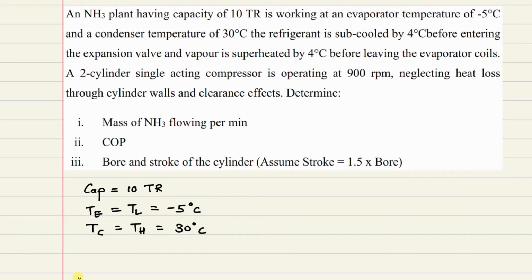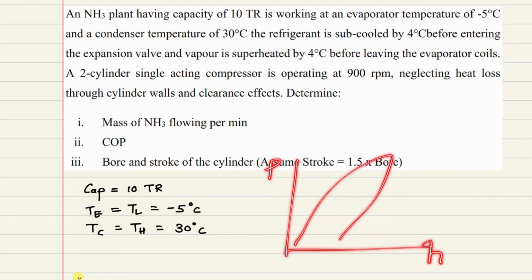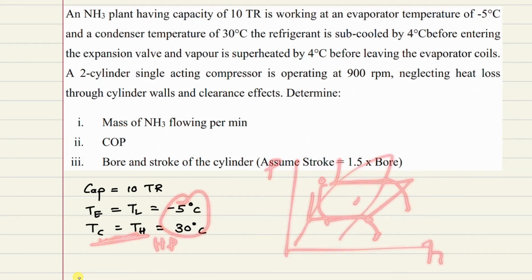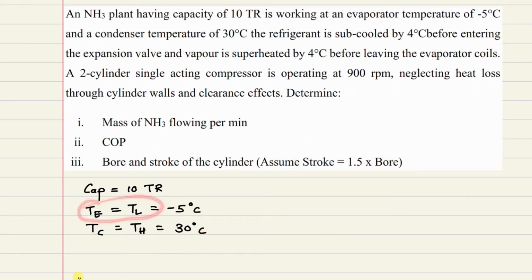Now remember that when we are solving numericals, we solve considering temperature values. So if a pH chart is there, we mark the saturation temperatures first, and then based on whether superheating is there at point 1, whether subcooling is there at point 3, we draw the vapor compression cycle. But it can happen that instead of giving temperature in the question, saturation pressure is given. So suppose instead of condenser temperature, HP is given, and instead of evaporator temperature, LP is given.